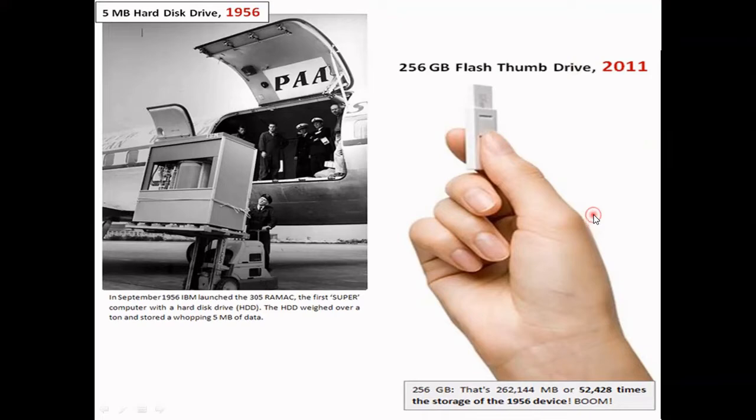Now we have 256 GB in our mobiles only. We have that many integrated devices in our mobile. To make the transition from a very big 5 MB drive, which is low in capacity, to 256 GB, which is very small in size, some evolution has to have happened.